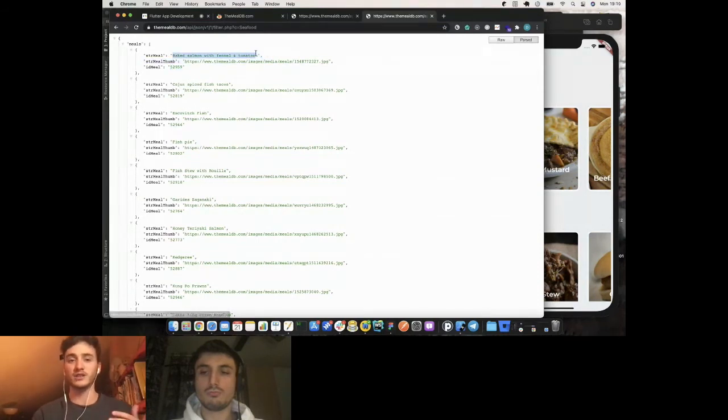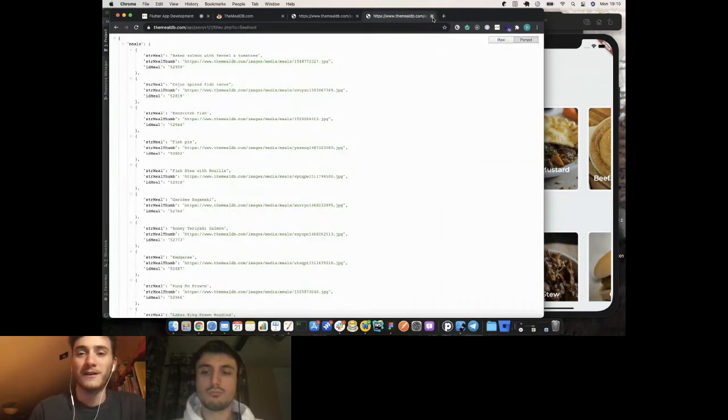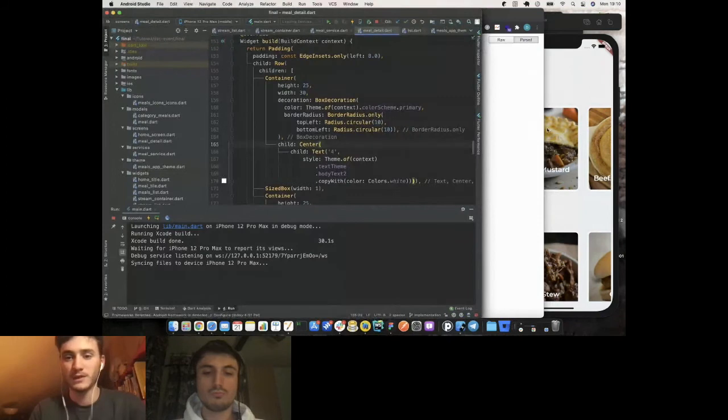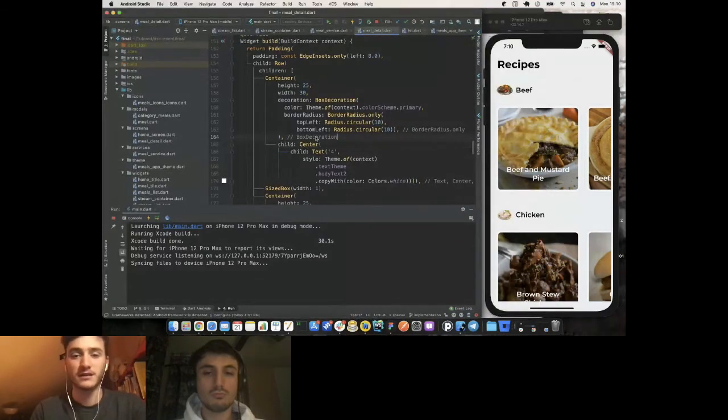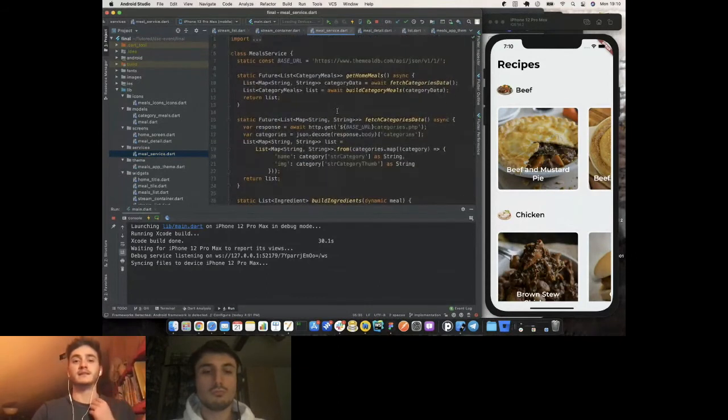The string mill, which is the name of the mill, and the string mill thumb, which is the image of the mill. Yeah, delicious. Okay, Flutter has started. So I implemented the service. The method is the same, but that's why